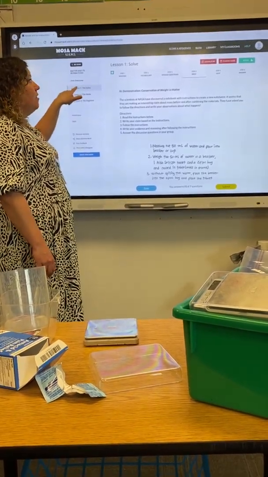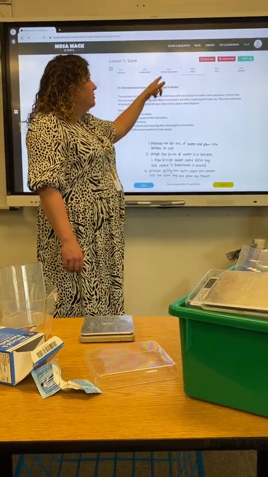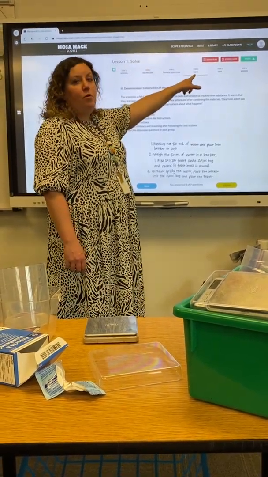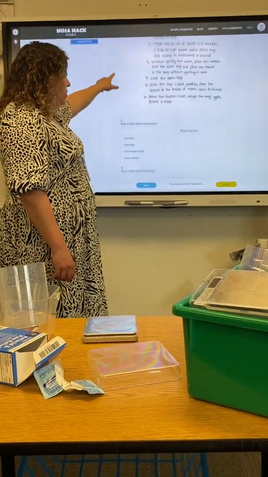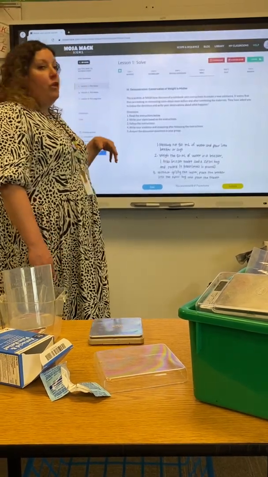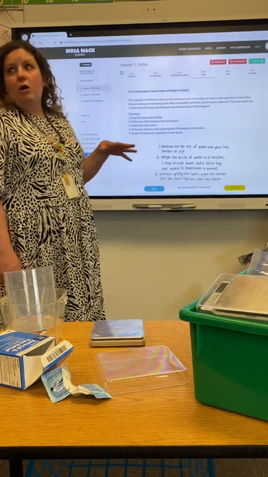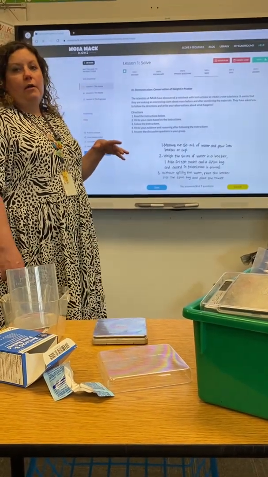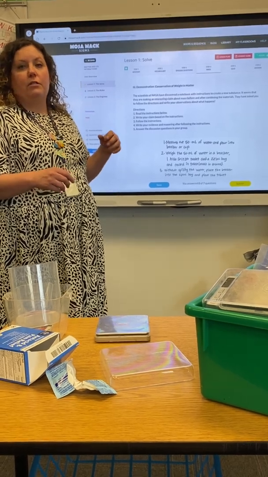You click the solve, and then we should have already done the mystery by now in the vocabulary and episode questions. So we're on step 4, mass. Once you click on that, it has directions for you, and you're going to fill in afterwards. You can either just watch this and use it, or you can do it along, and we can leave an antacid tablet for you if you want to do it on your own.